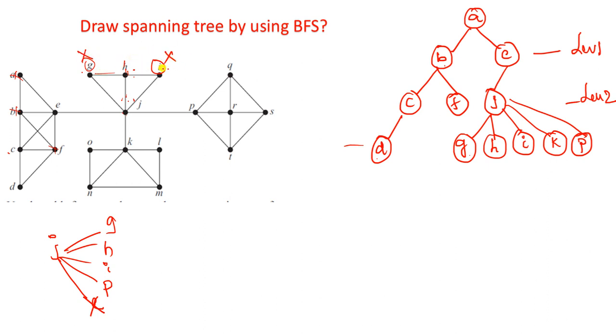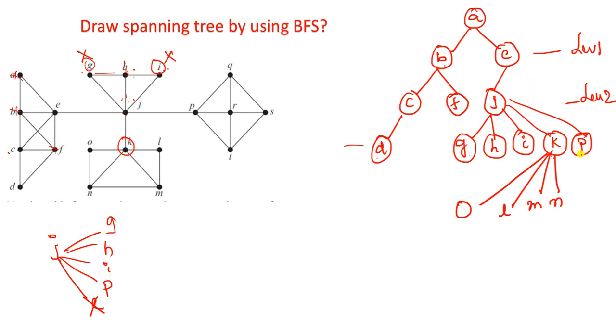And come to the I. I has H and J. Okay, so no problem. And what about the next element? K. K has here O, L, M, N. Four are there. Okay, for K we have to write O, L, M and N. Because of space constraints, I draw like this, because we have more elements for P also, right? That is where I draw like this. Otherwise, we have to draw like this.